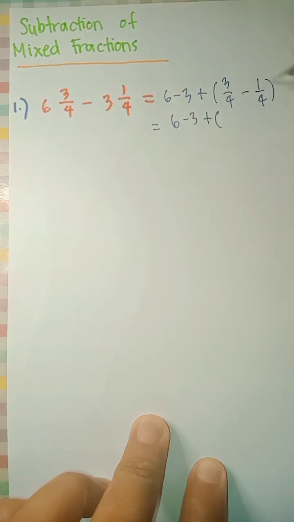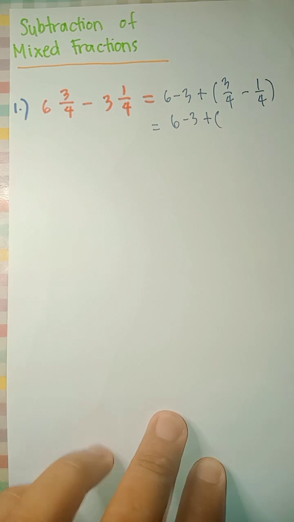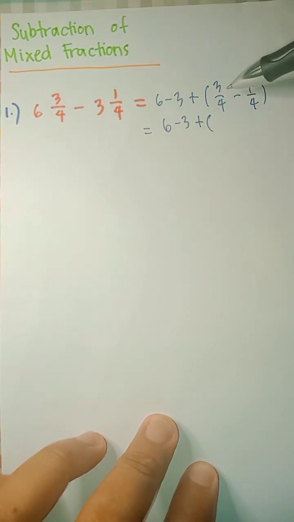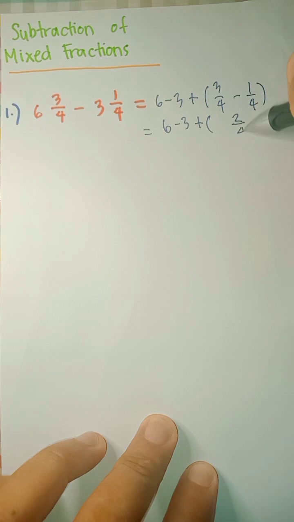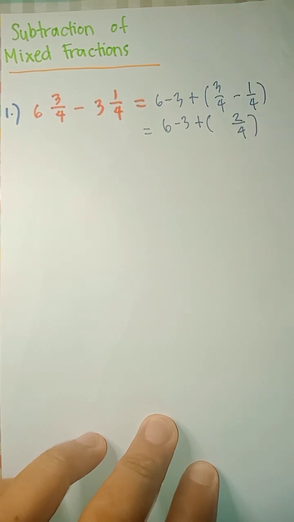Now, since these two fractions are similar fractions, all we have to do is to subtract the numerators. 3 minus 1 is 2. Then copy the common denominator, which is 4. Now, 2 over 4